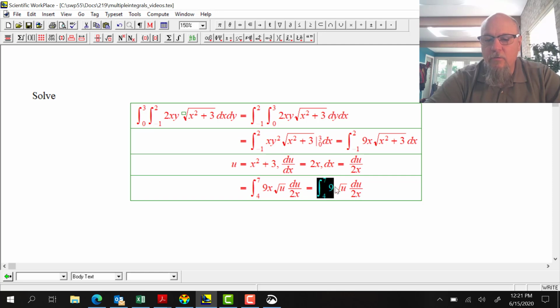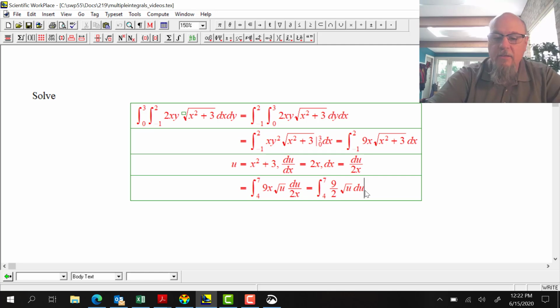Let's make that a 9 over 2. I'm having trouble with that. And we canceled out the x's. Now when I integrate, so that's u to the half, that's going to be add one to the exponent, divided by what's up top. So I'm going to get